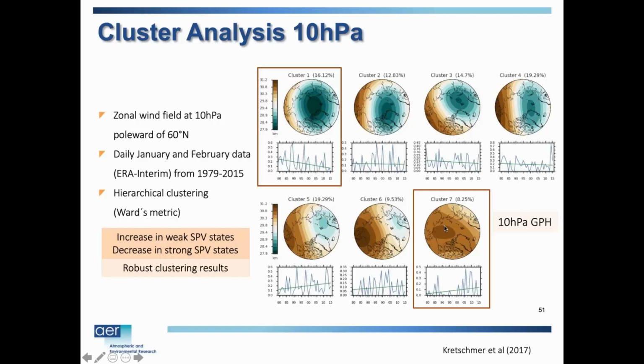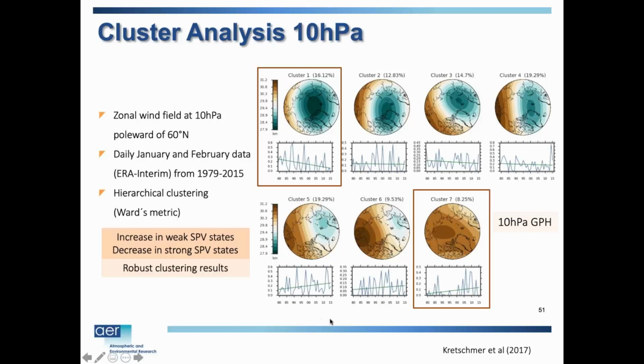Those browns represent higher pressure over the Arctic. Again, this is the polar stratosphere. So this is the weakest type of vortex. These are really large polar vortex disruptions. If you look at the trends, there's been a decreasing trend in the strong vortices and an increasing trend in the weakest. You can see not only cluster 7, but also cluster 6 here as well.